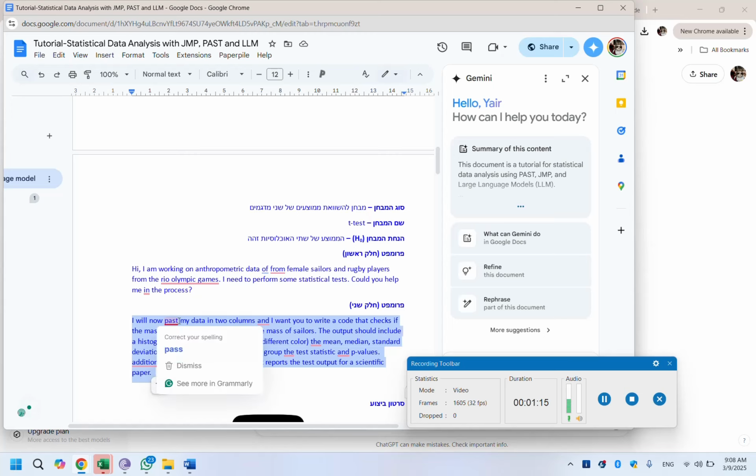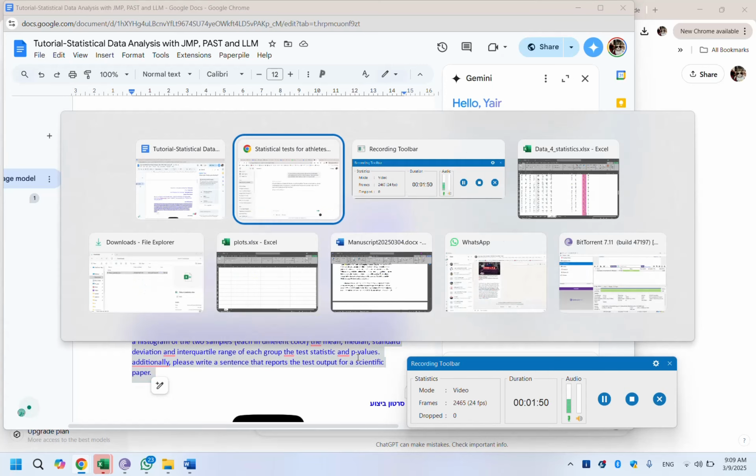I will now paste my data in two columns, and I want you to write a code that checks if the mass of the rugby players differs from the mass of the sailors, and I ask the output, which includes mean, median, standard deviation, and interquartile range for each group, and also a histogram of the two groups. And I also want him to perform the t-test, give me the p-value, and the t statistic. So I paste that,